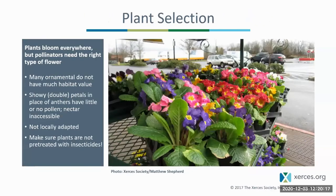So you might think, well, we have a lot of flowers blooming out on the landscape. It's curious to me that these pollinators are struggling. Well, just because we have plants blooming everywhere, that doesn't really necessarily mean that those flowers are providing that much habitat or forage to these pollinators. The reason being is that many of our ornamentals are exactly that. We've bred them to be showy and beautiful to us humans, and a lot of times in doing so, we have given them double petals in place of anthers, so that a lot of those flowers don't even have pollen, or if they do, it's very little. Oftentimes we've altered the flower structure so much to make it pretty to us humans that nectar is inaccessible to